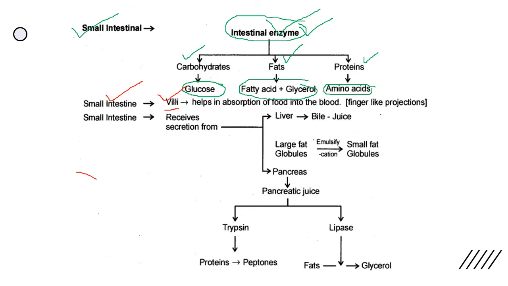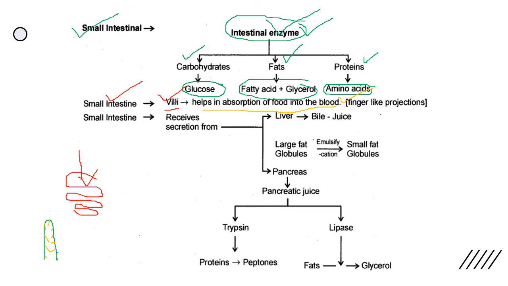Inside the small intestine, you know that this is the highly coiled small intestine. If you look thoroughly inside it, you will find a finger-like structure like this, and inside there are small microvilli, which are connected with the blood vessels, and the digested food is transported to various parts of the cells. So villi help in the absorption of food into the blood, and from the blood